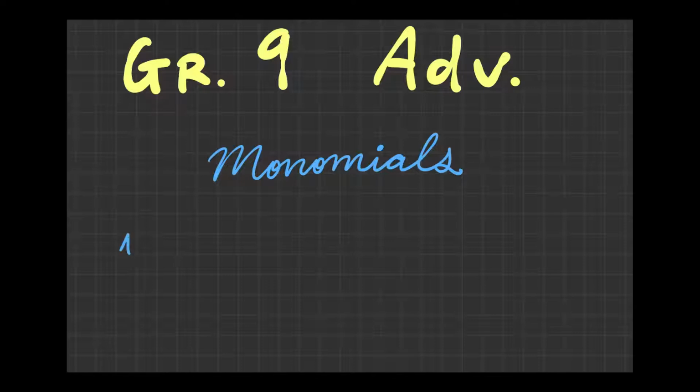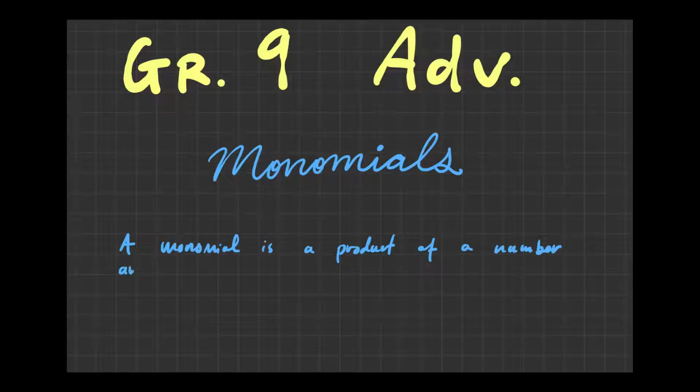A monomial is a product of a number and several